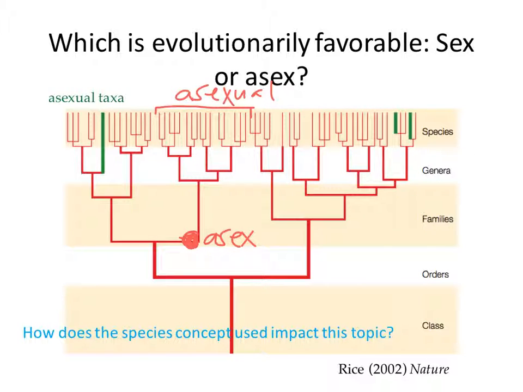You remember one of the problems with the phylogenetic species concept is that if you have a single genetic difference between 2 individuals, like brother and sister, or sister and sister, from the same self-fertile hermaphrodite, if there's a mutation that distinguishes them, they could be considered 2 different species. There's a diagnostic genetic difference between them. In other words, one of these branches of an asexual taxa might actually look like this, where every individual is its own species, because every individual is genetically distinct.